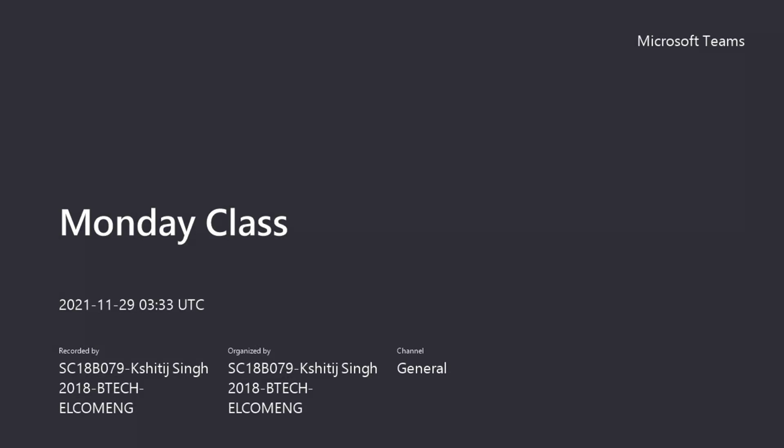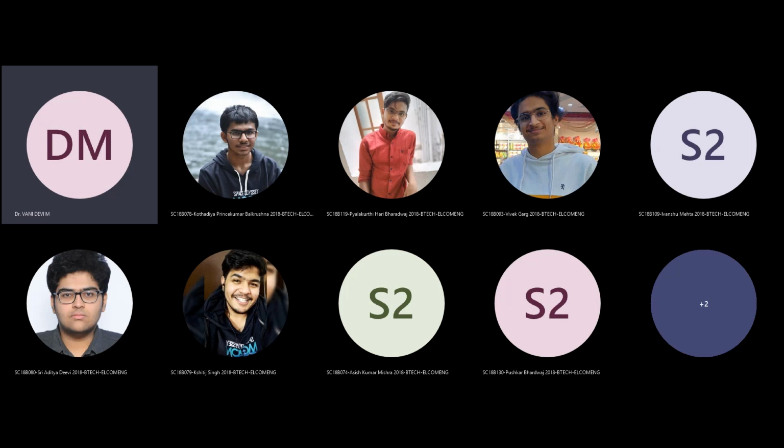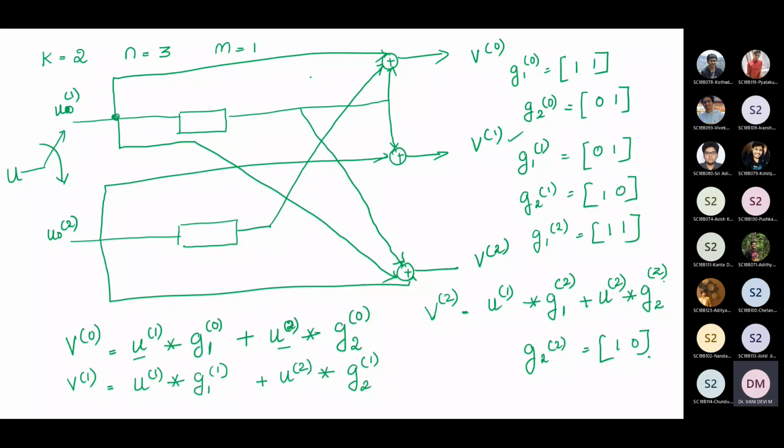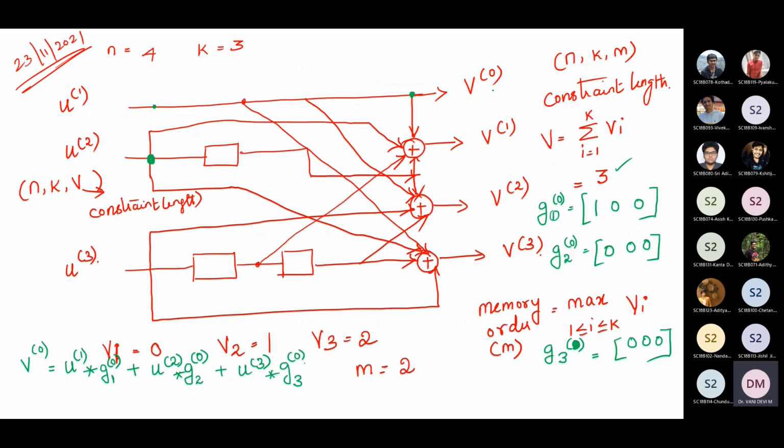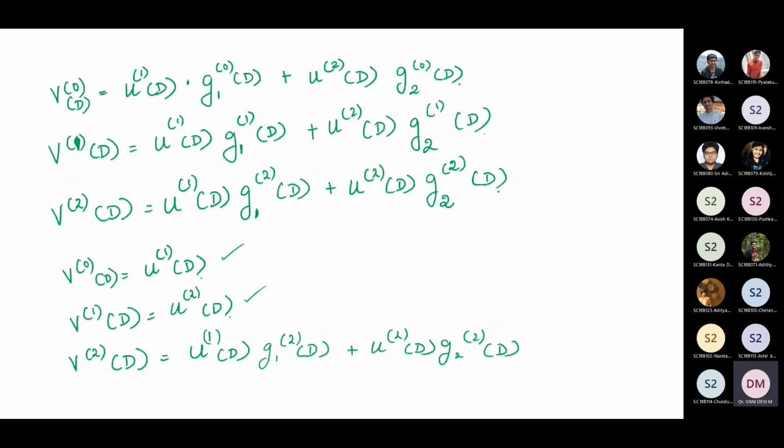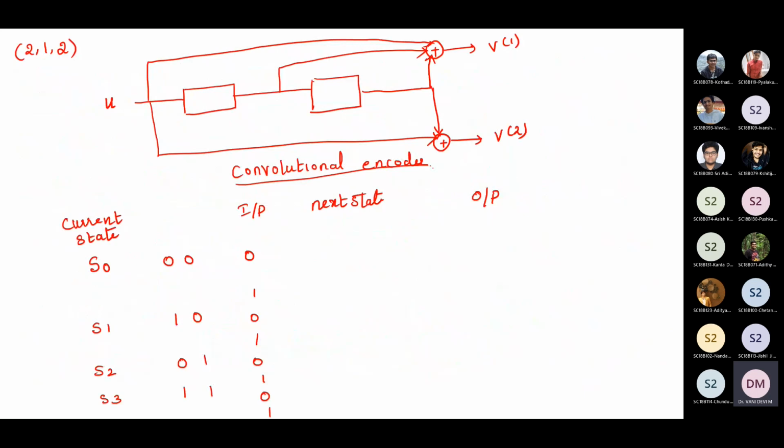Circuit is given. How to do the encoding process? By giving the input and finding each state, what is the output, and using the convolutional operations we can find it. That is one method. Another one is in transform domain we have seen, using the multiplication operations we can find out. Today we will see how to do the encoding process using graphical method.